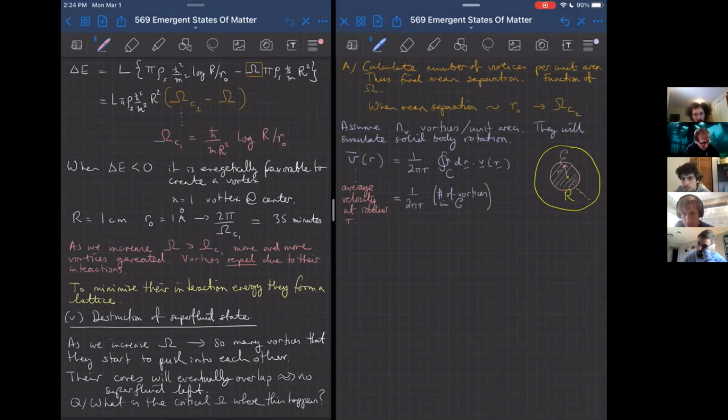And the number of vortices in the curve C is the number of vortices per unit area, NV, times the area of that shaded region, which is pi r squared. And so what I get then is that this average velocity is just pi times h bar NV r